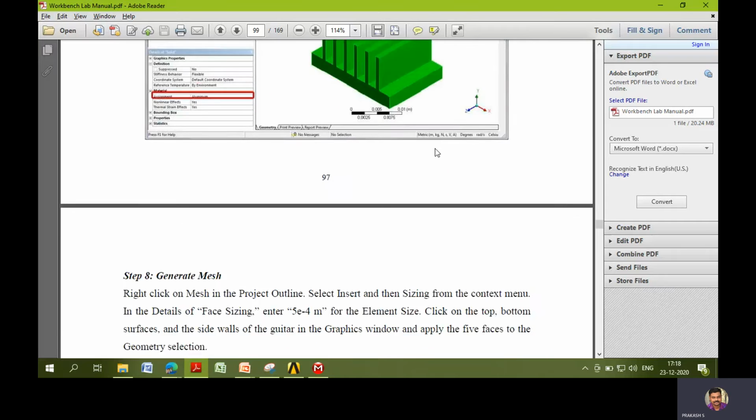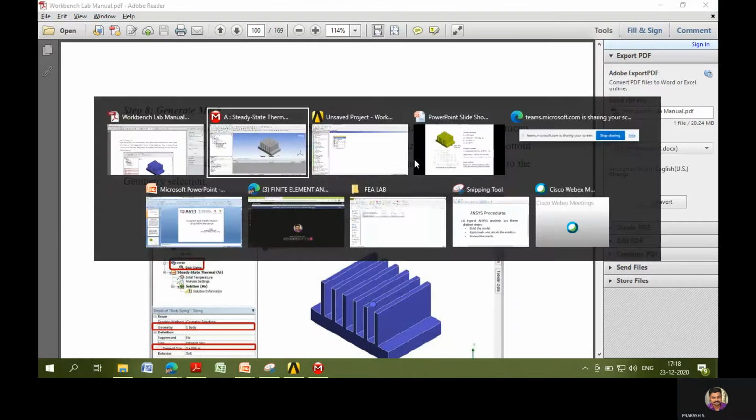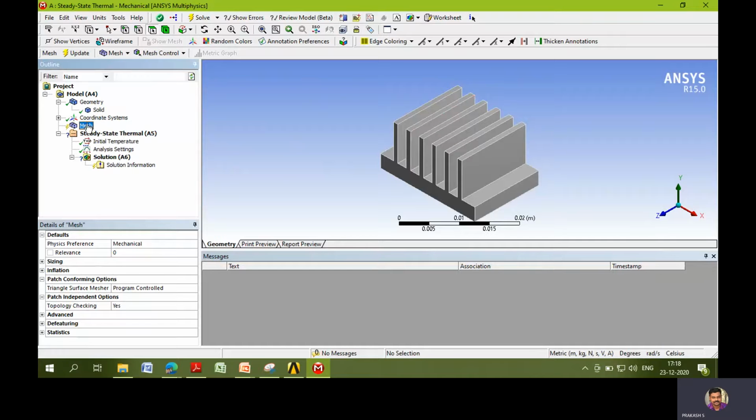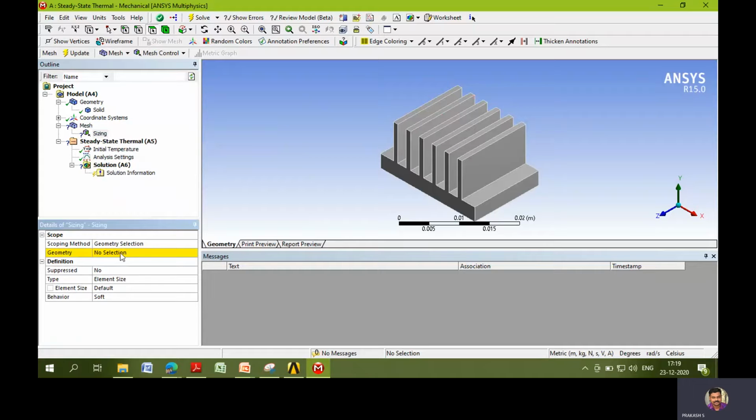Solid, change that material to aluminum. So here you want to create the sizing option. From the sizing, face sizing, you want to create 5e power minus 4. How are we going to create it? Click that meshing option, insert, see that sizing. In that sizing, which geometry you want to apply, select the full geometry, apply.